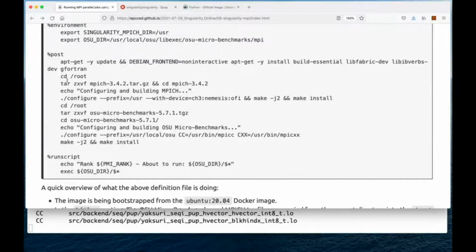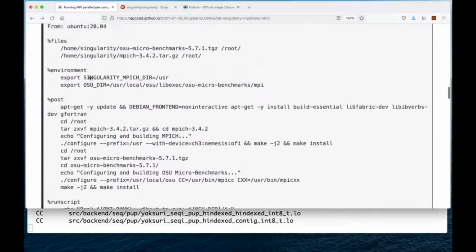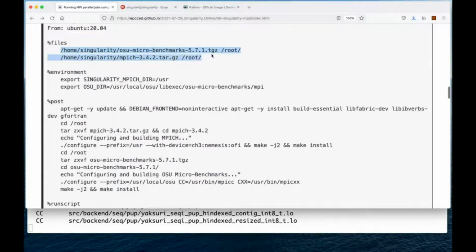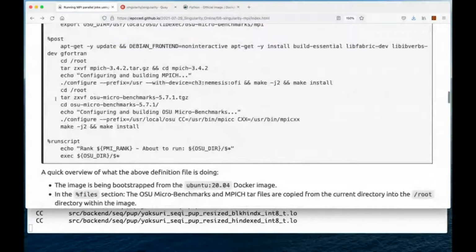So we then go off into the root directory. Why do we go into root? Well, that's where we placed our files. So here we copied the files into the root directory, so that's where we're working for the build. So we go into the root directory, we unzip the, sorry, I'm in the wrong section, it's here. We go into the root directory, we unzip the MPICH code, we change into the directory, and we do the